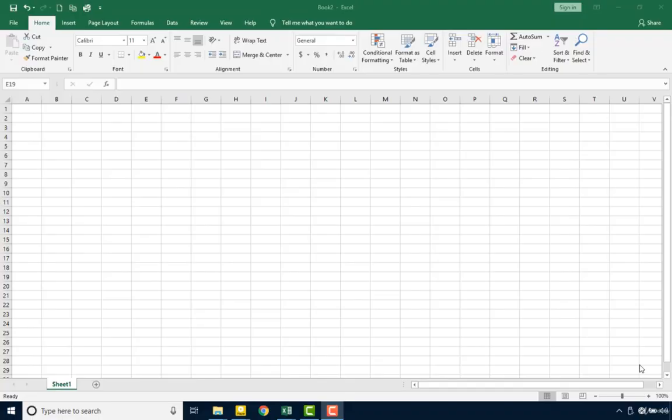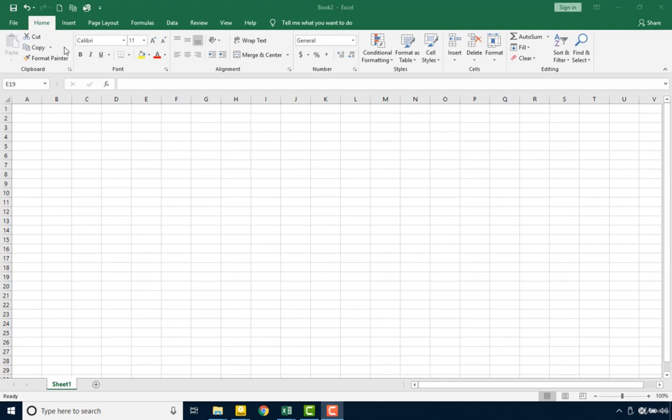In this lesson, you're going to learn how to customize the quick access toolbar. In the previous lesson, I showed you how to find the quick access toolbar. But if you have forgotten, the quick access toolbar is the one which is on top over here. The quick access toolbar is used to place commonly used icons on top so that they can be reached quickly